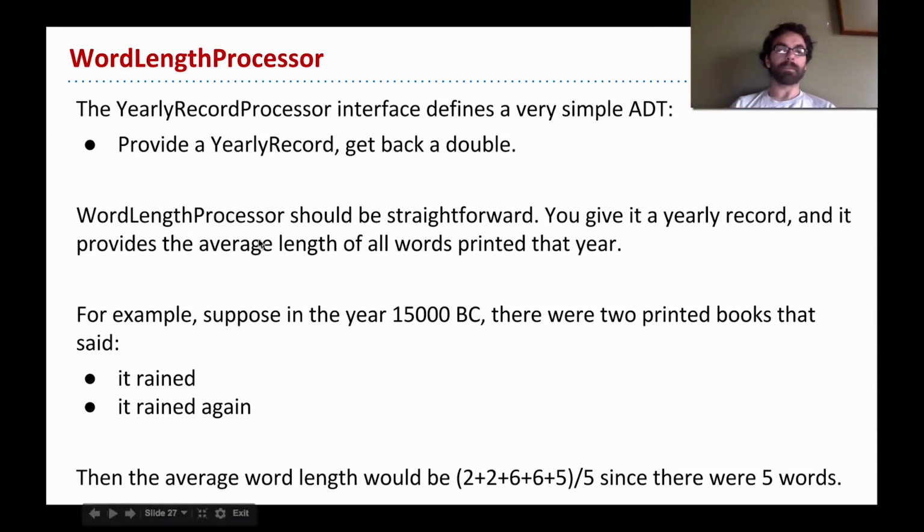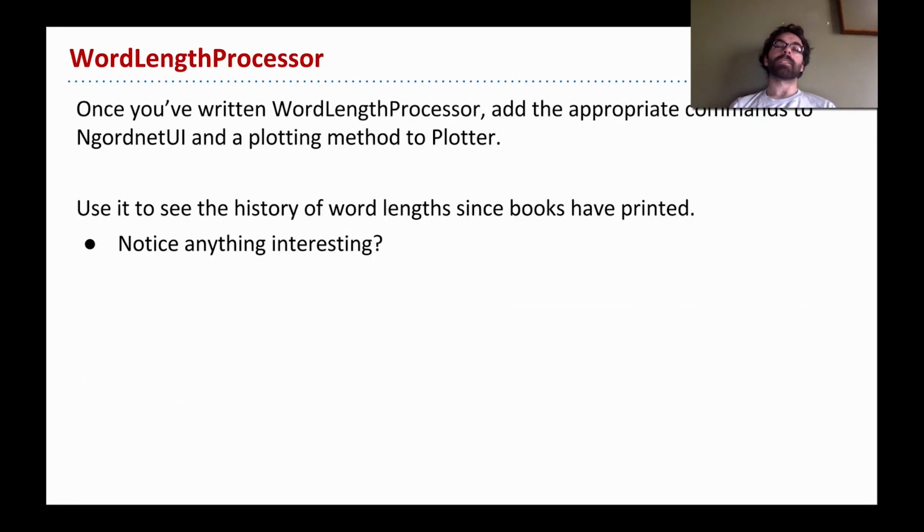Anyway, you might think maybe the whole world's getting dumber and the Flynn effect is wrong. So one way to settle this, possibly, is to look at how long the words are that people are writing, and this will let you try that out. And then lastly, the somewhat mysterious